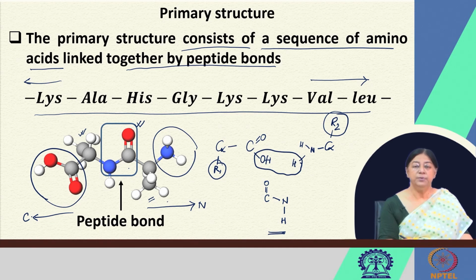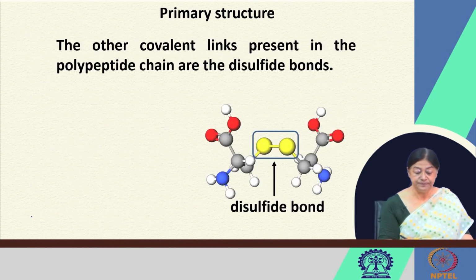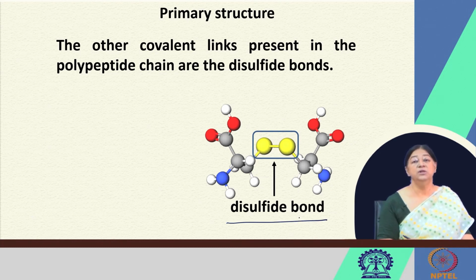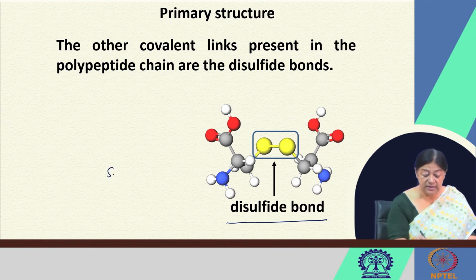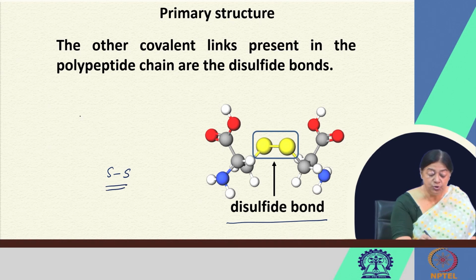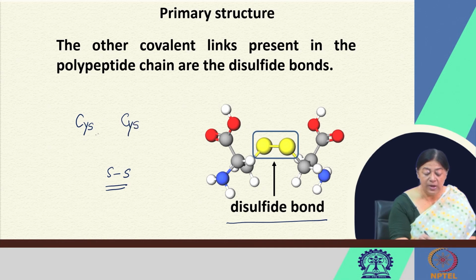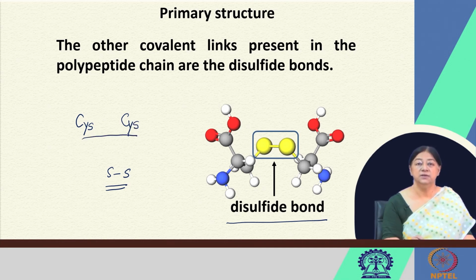So, the primary structure consists of the sequence of amino acids linked by peptide bonds. The other covalent links that are present in the polypeptide chain are the disulfide bonds. We saw this when we studied the cysteine, where we had the S-S bond formation from 2 cysteine amino acids. When 2 cysteine amino acids link together to form the disulfide linkage in proteins, it is called a